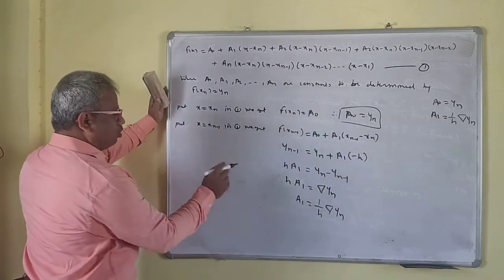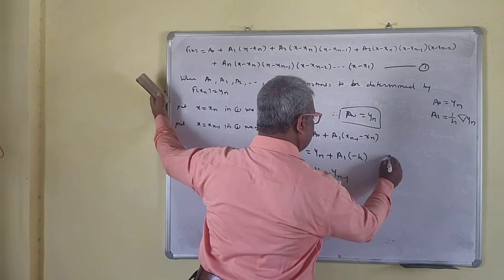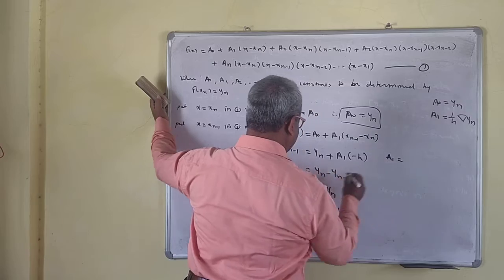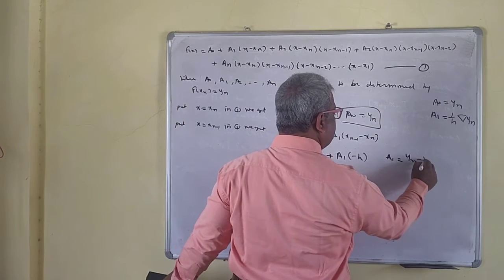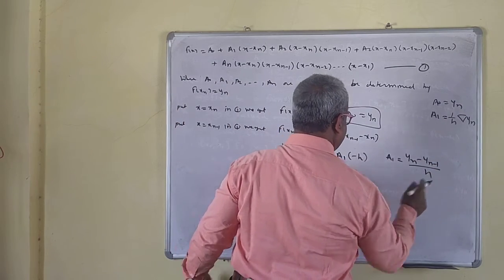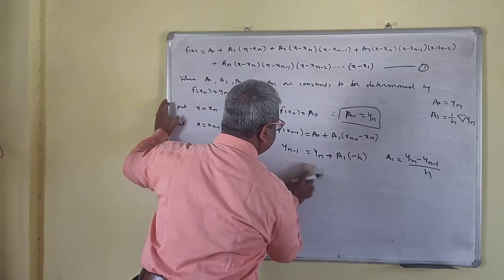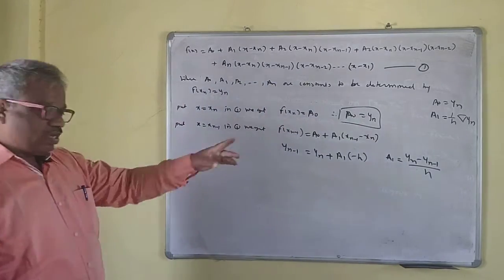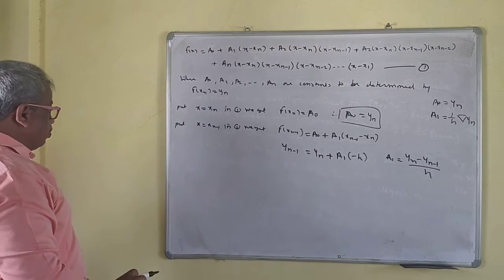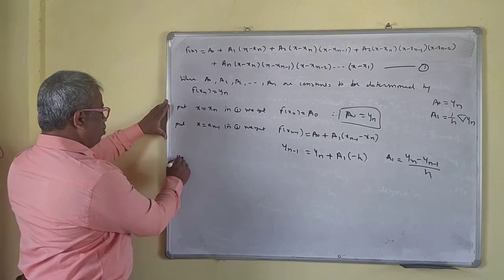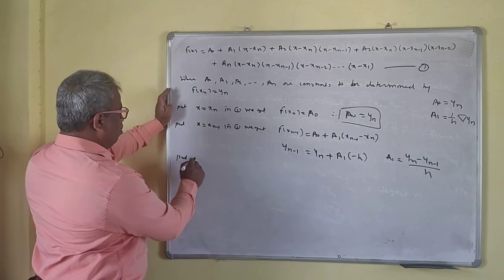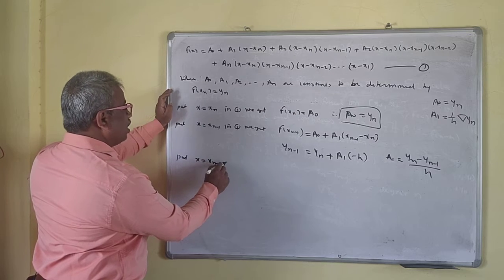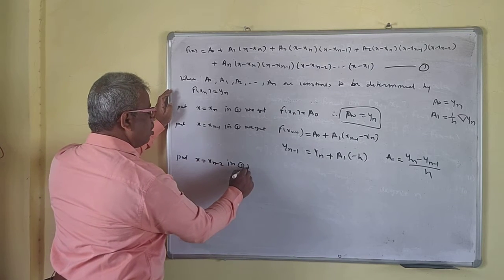We'll find a2. Okay, so I will keep this here now. So a1 is what? I will write this value: yn minus 1 upon h. Okay, so now I will erase this because I don't need it. I want that value of a1 in this. So, for my convenience, I have written that. Put x is equal to xn minus 2 in 1.